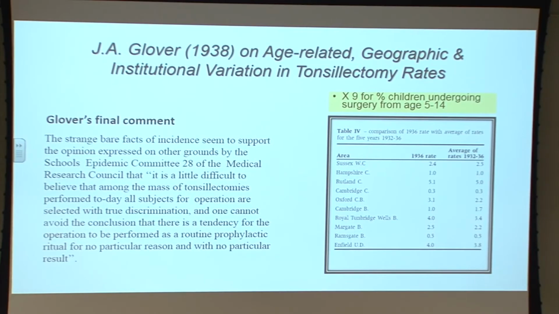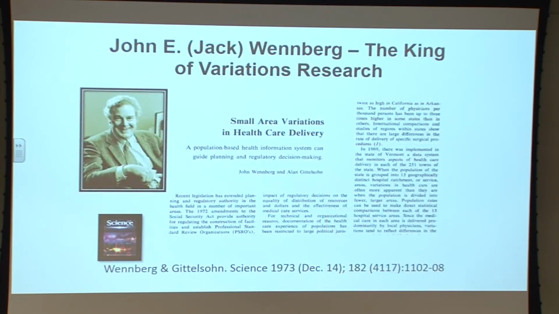The potential of these sources caught the attention of a young nephrologist with public health training named John E. Wennberg. In a landmark publication in Science in 1973, Wennberg and Gittelsohn examined geographic variations in the delivery of medical care in the state of Vermont. And for the next 35 years, Jack Wennberg mapped variations within and across the states of America, and sometimes in comparison to other nations.